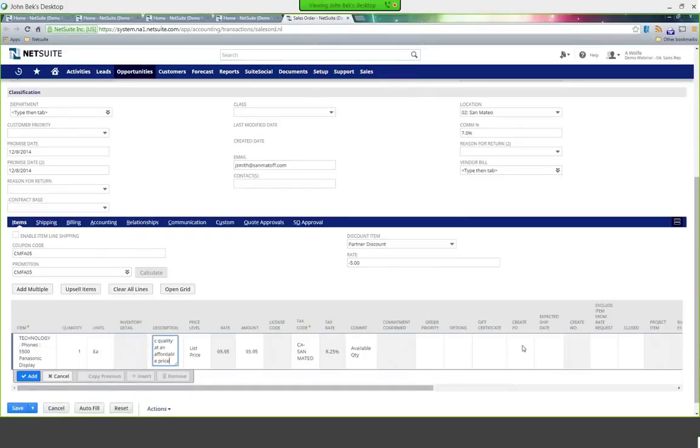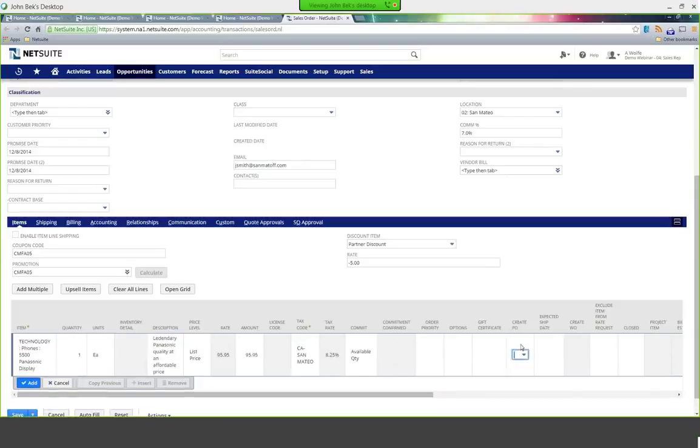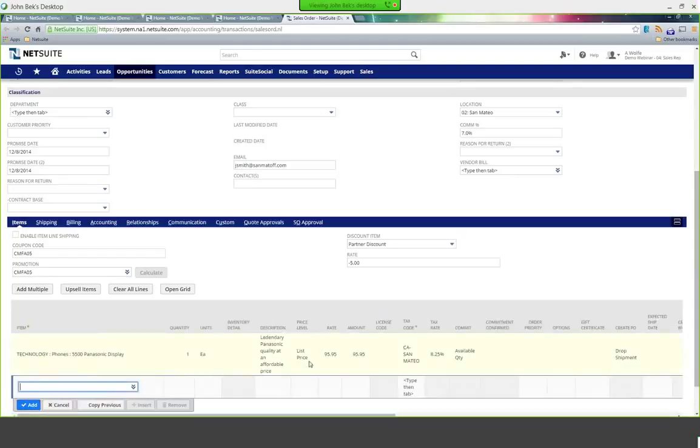One of the other things you can do, besides that expected ship date, I'm over here on the right-hand side, if you can see my cursor moving, is rather than promising them that out in the future, if they needed the product immediately, it was a very important item or a very important component that needed to be shipped immediately, I could simply come in here and select drop shipment. Some items are non-stock items, and they're going to be drop shipped automatically,